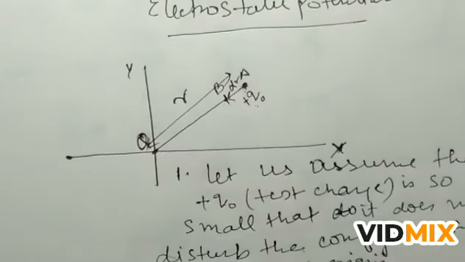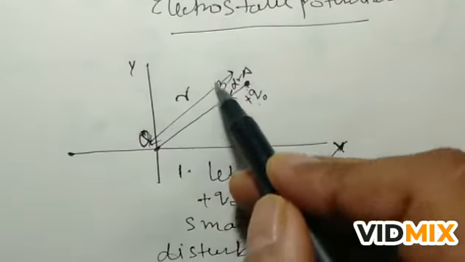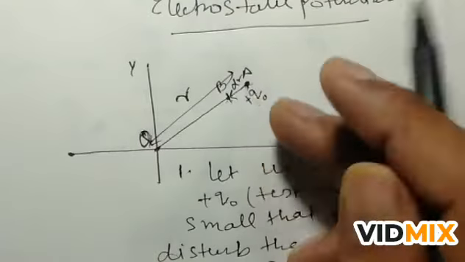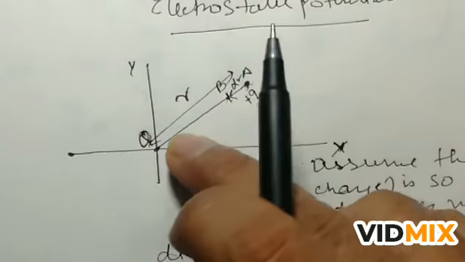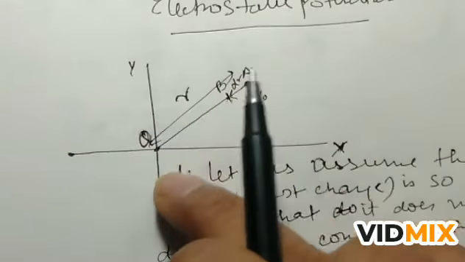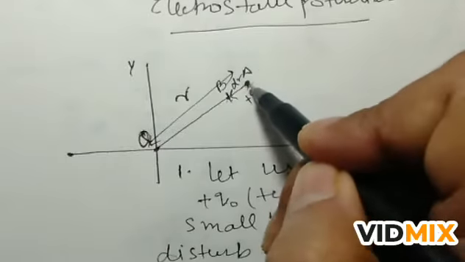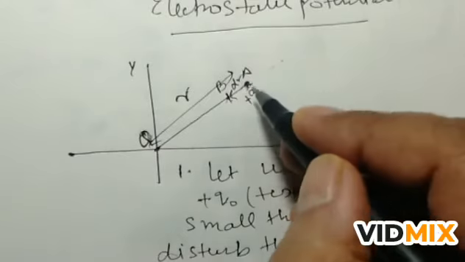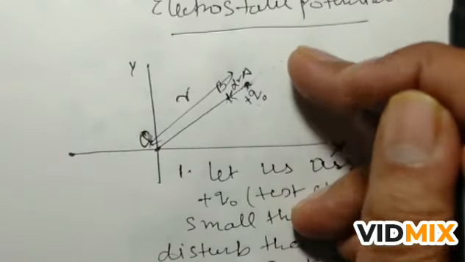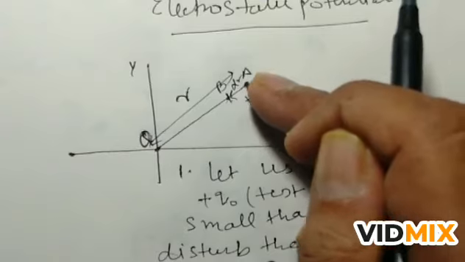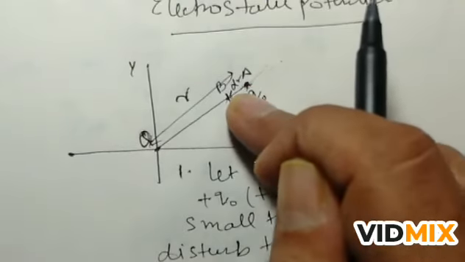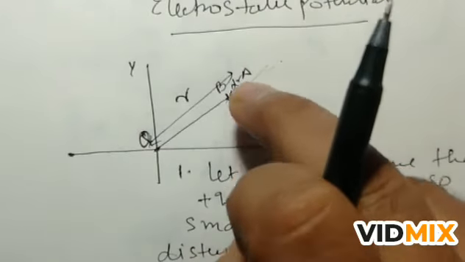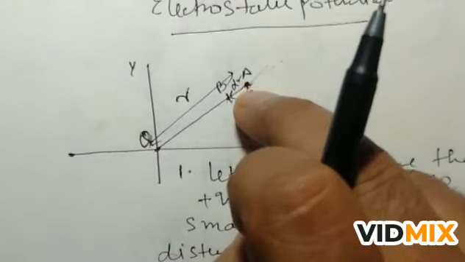This point is inside the electric field and we are pushing the charge from A to B inside the electric field. So the repulsive force of this charge will be on this charge outward. The external force is applied in such a way that a similar amount of force is given to this charge to bring it inside, so that the net force on this charge is 0. Net force 0 means there is no acceleration.